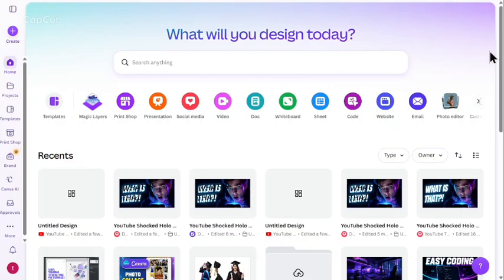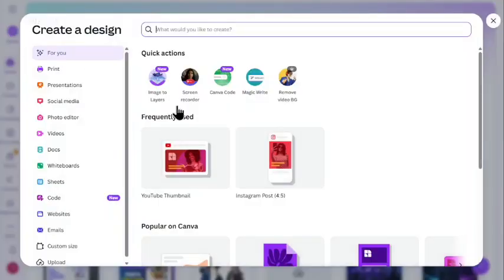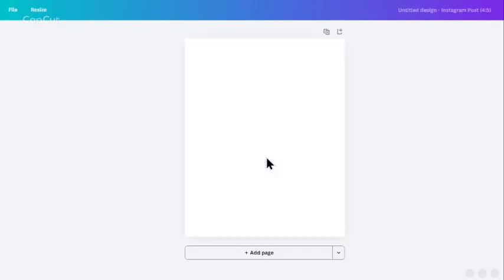In this video, I will be showing you how to blur a background in Canva. Let's get started. First, I head over to the top left corner of the Canva homepage and click on Create a Design. From the quick menu options, I select Instagram Post in the 4:5 ratio format to open up a